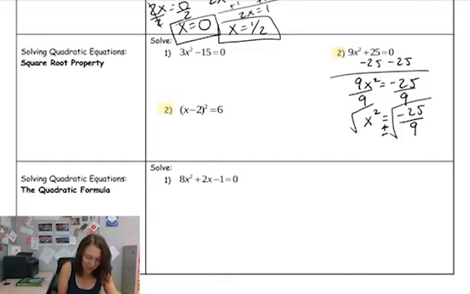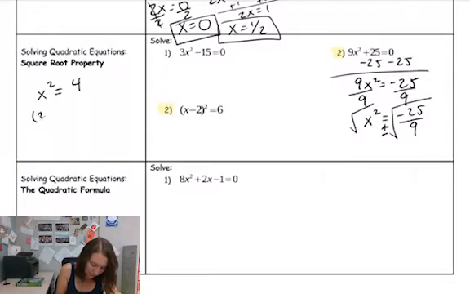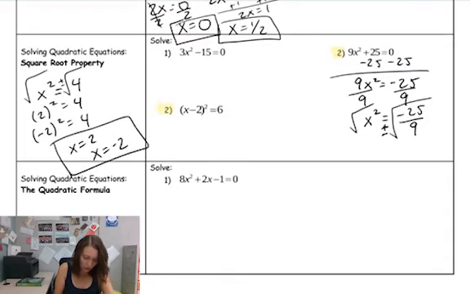A little bit of a reason why: if I have x squared equals some number, and I use a square root to solve, so this is when we are creating the square root to solve for something squared, then in this case, if we think 2 squared is 4, well, so is negative 2 squared. So I should have two answers, positive 2 and negative 2. And I'm not going to get that negative 2 unless I remember to do plus or minus. So here, when I square root both sides, I can't just say, oh, x is the square root of 4, which is 2. I have to have both a positive 2 and a negative 2 to get all the answers